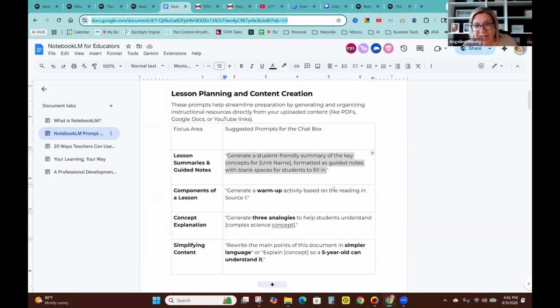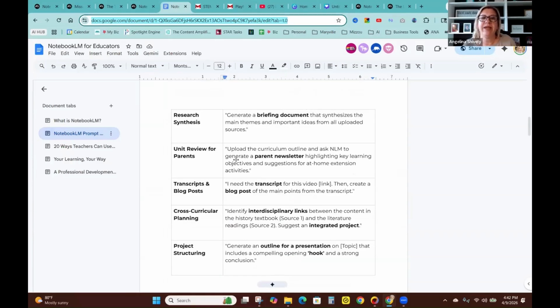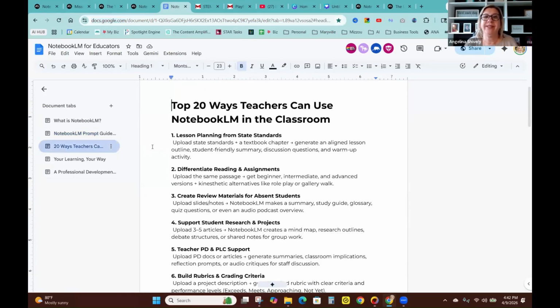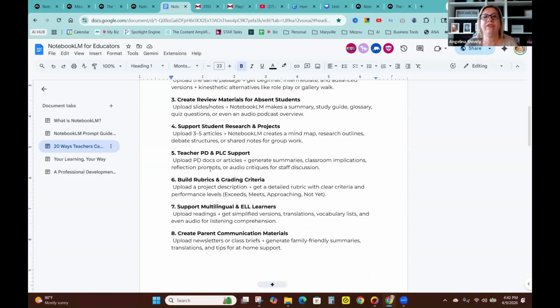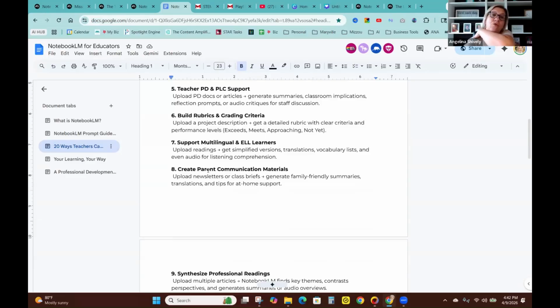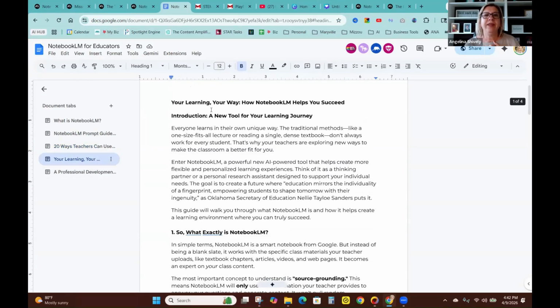Generate a warm up activity, create a briefing document. If you do a parent newsletter, you could say, give me a summary for something they could do for an at-home extension. What else? There's 20 ways teachers can use NotebookLM in the classroom. There's all kinds of different ideas here. You could have it build a rubric for you, support your multilingual learners, create parent communication materials, and then